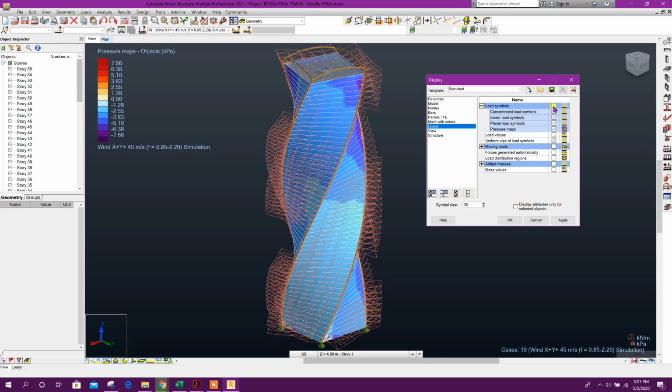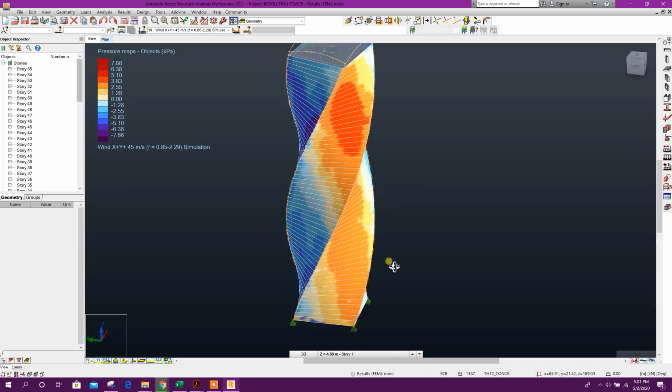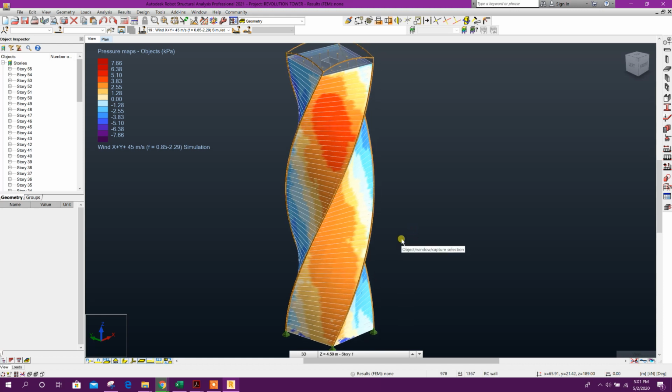We can unmark all the load symbols and mark the pressure map we want to see. Click on apply. Okay, now we can see the pressure map clearly without the loading symbol. So in this way we can generate wind load by wind load simulation in Robot Structural Analysis.